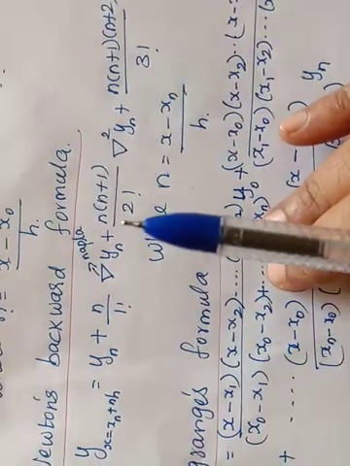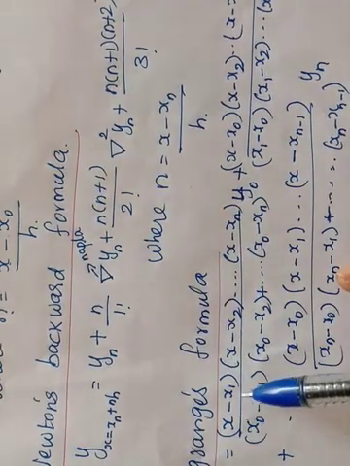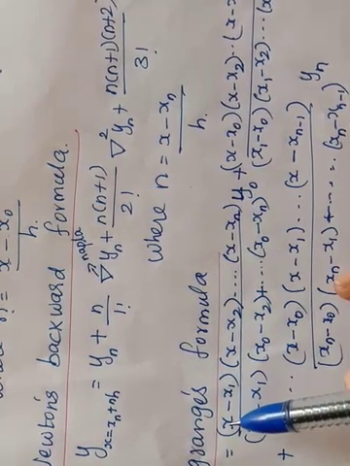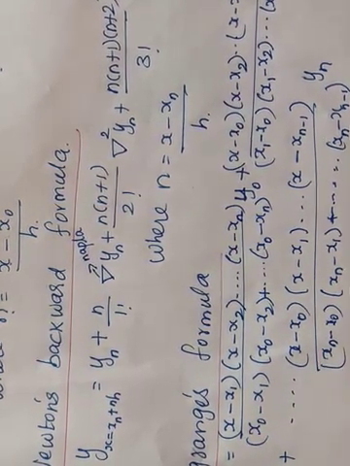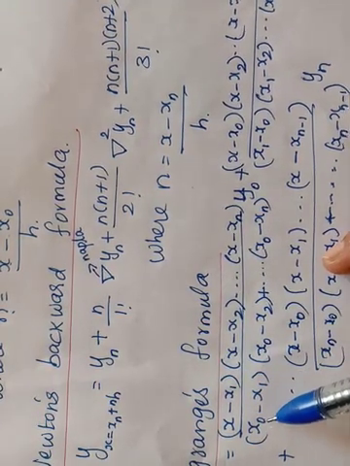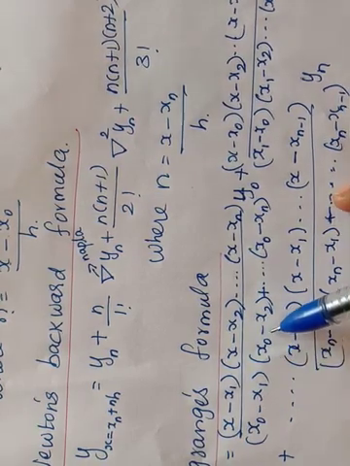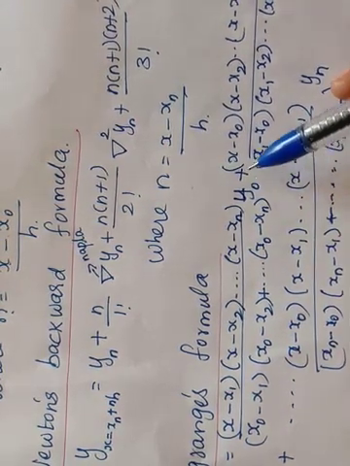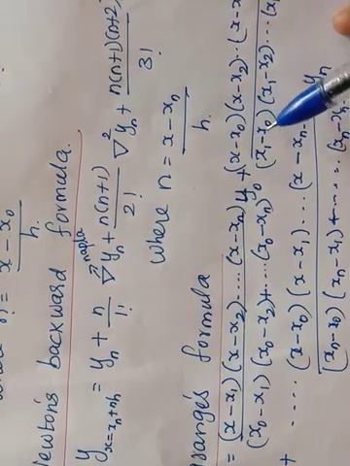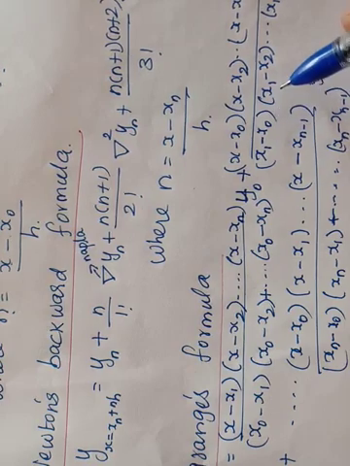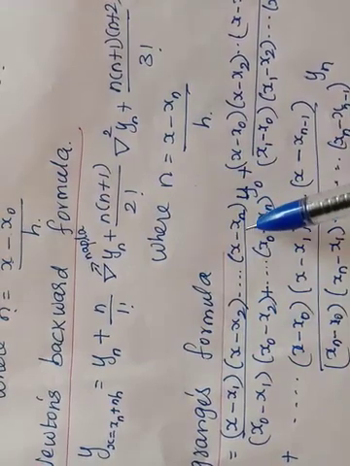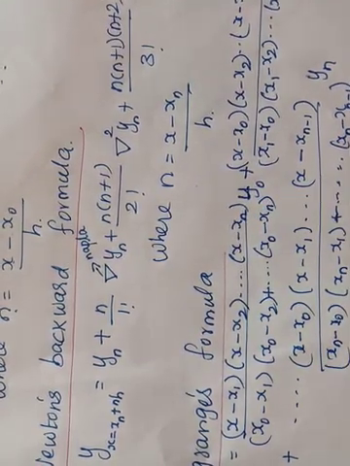Next, Lagrange's formula: x minus x1, x minus x2, etc., you write. Here we start with the x0 term, but x0 is not subtracted in the numerator; that x0 you take in the denominator: x0 minus x1, x0 minus x2, and so on, times y0. Plus x minus x0, where x1 is missed, and x1 is in the denominator: x1 minus x0, x1 minus x2, and it goes on for all the terms. These formulas I will explain through example sums.